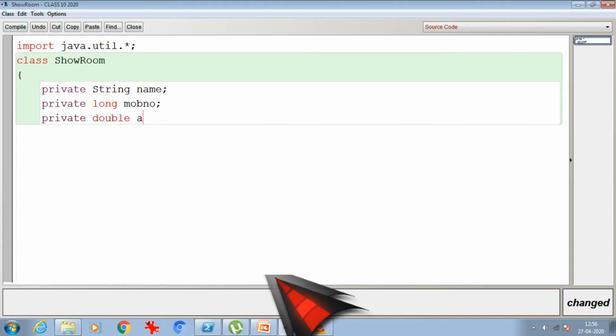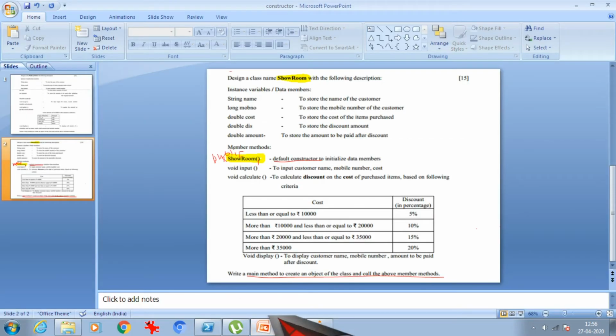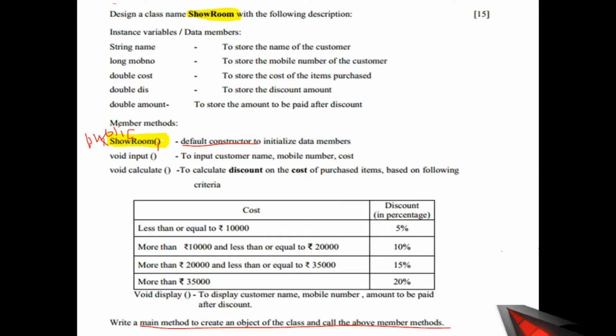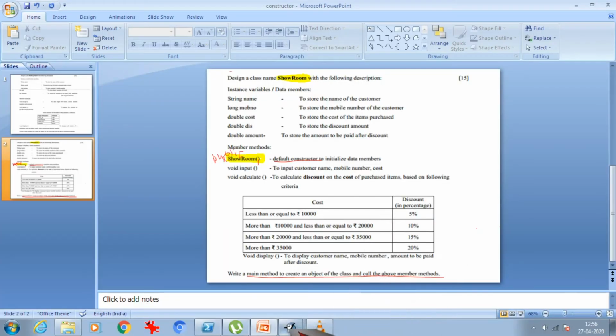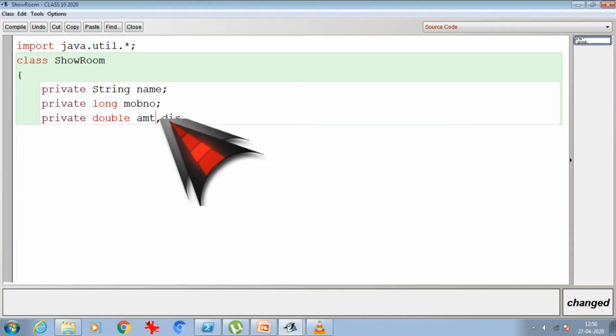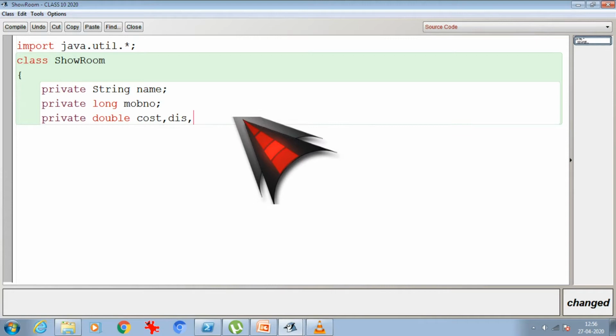Now private double: inside double I have cost, dis and amount. You can see it has cost, dis and amount. So I will have cost, dis and amount.